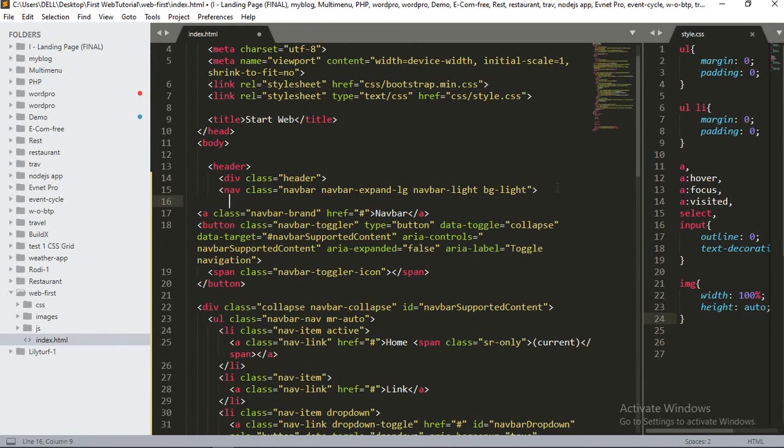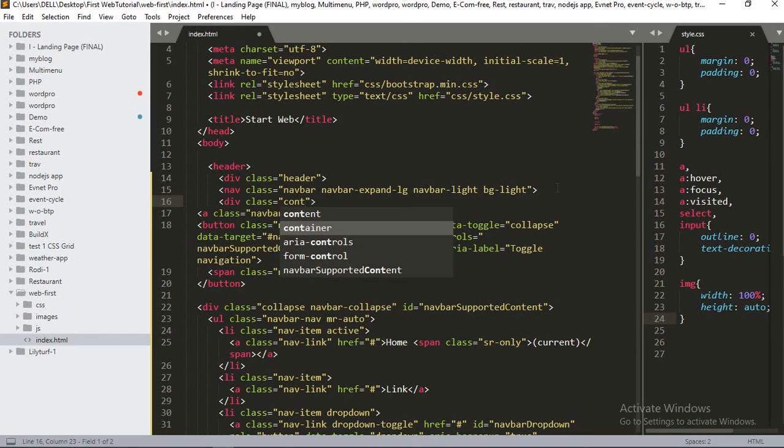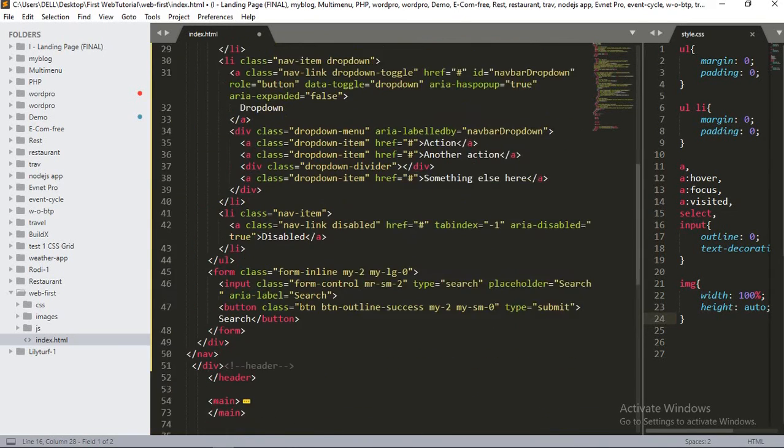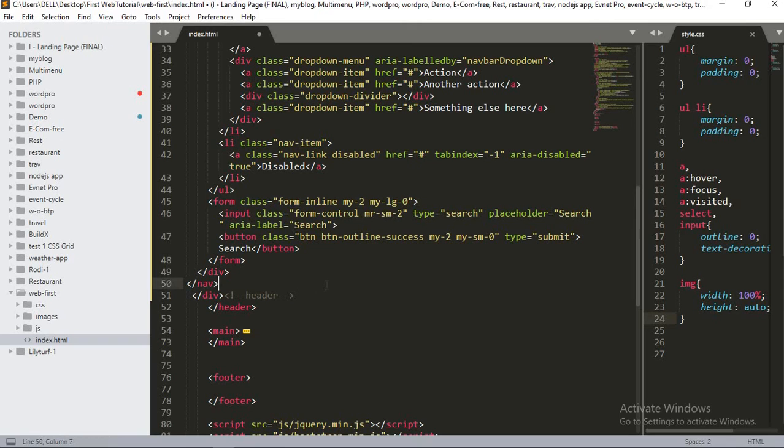Now we put container inside the navbar. So the content of this navbar will come inside this container and have proper width, and whatever we do, it doesn't spoil our design. So let's put it here, take container,